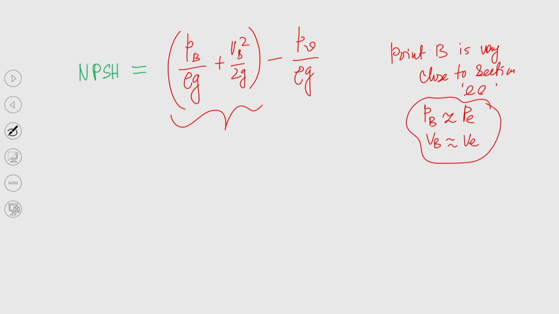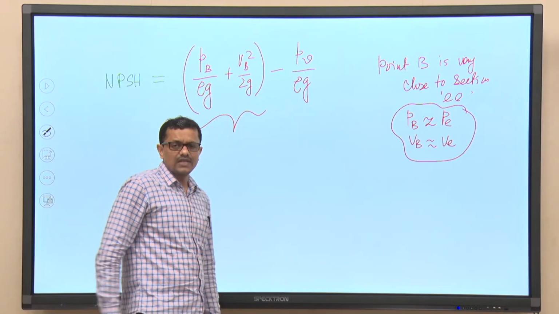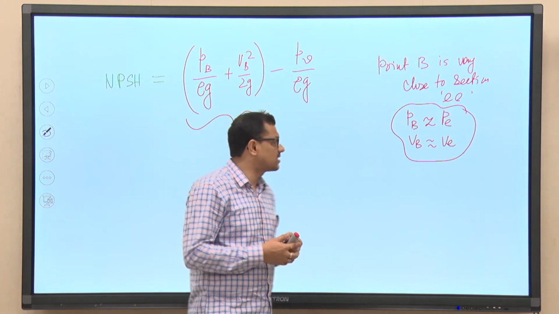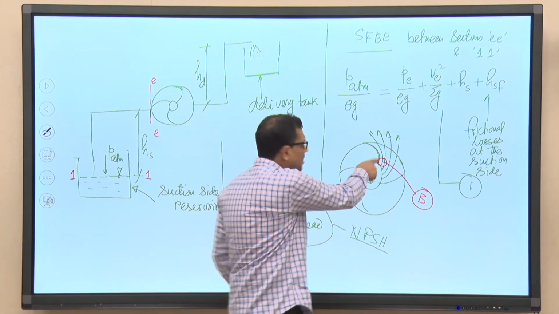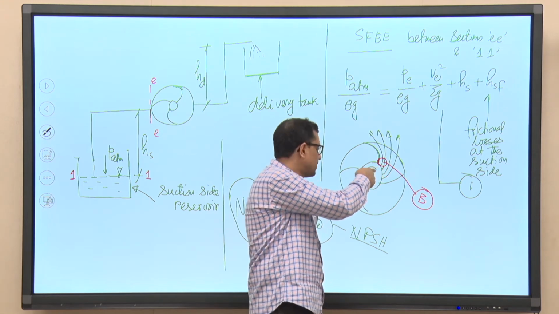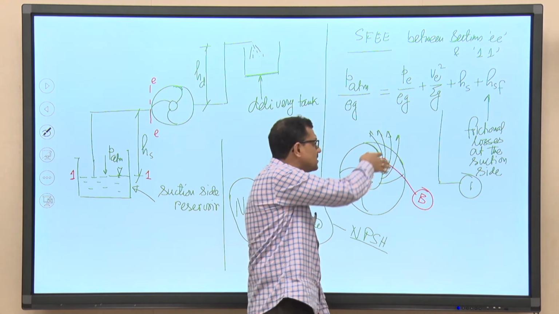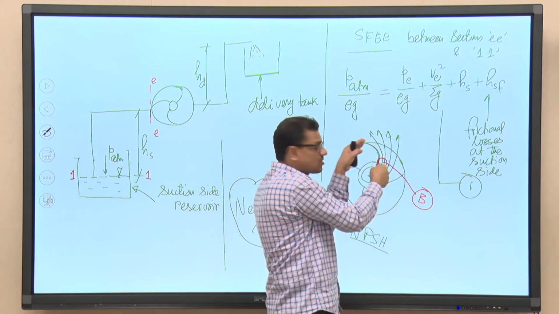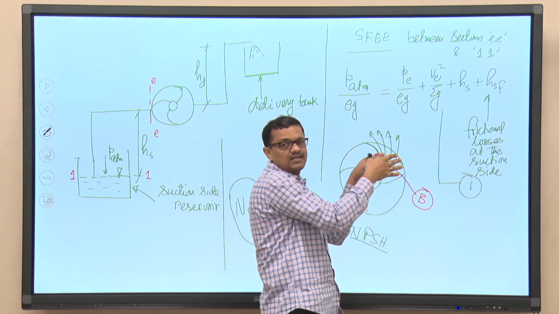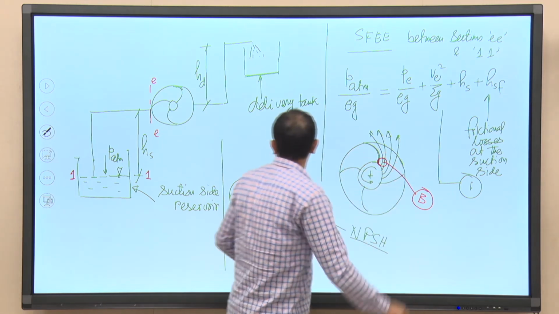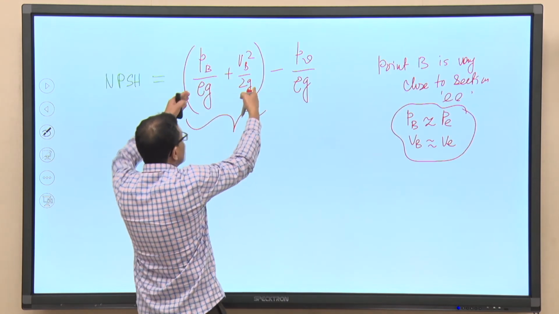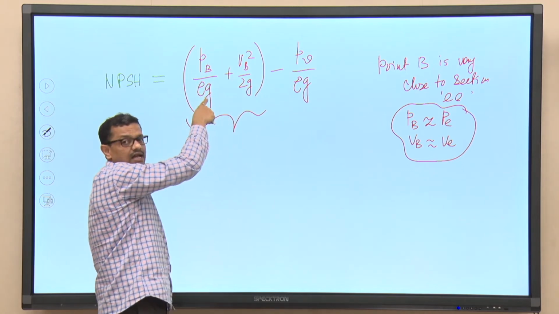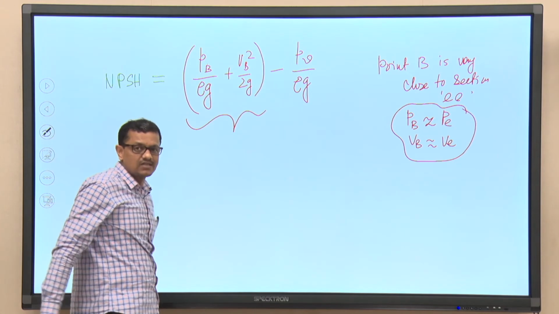This point is very close to that section, but for a better understanding, cavitation starts here only, at the eye of the impeller, the inlet to the pump impeller. It never happens at the outlet of the impeller, because at the outlet the area is very large compared to the inlet. If area becomes higher, then flow velocity will reduce, which in turn will increase the static pressure, since the total energy remains constant. And if the static pressure increases, then definitely there is no chance of having cavitation.